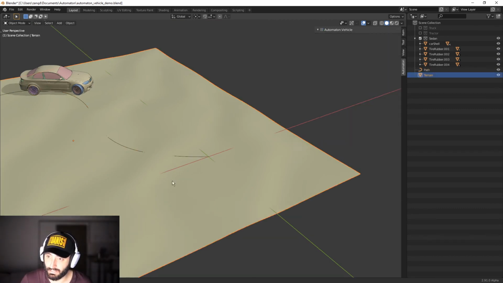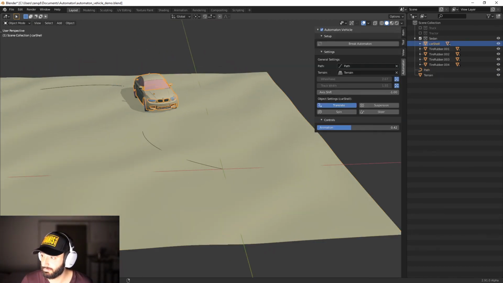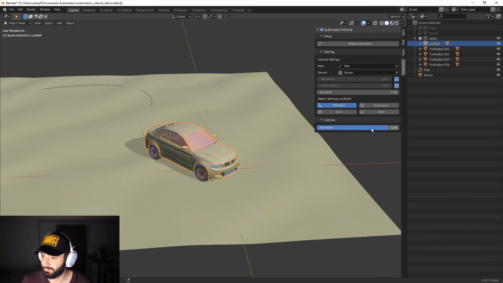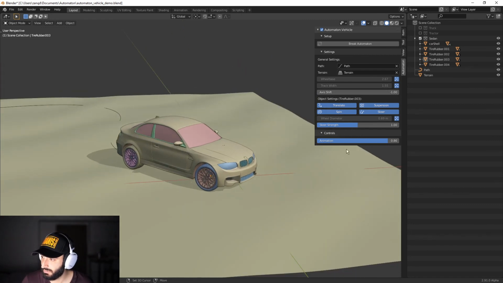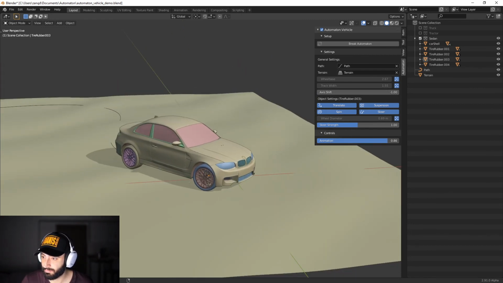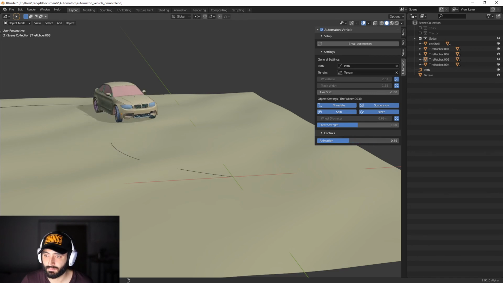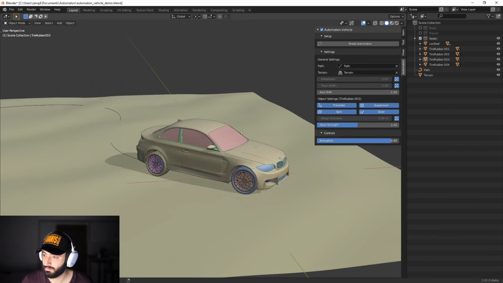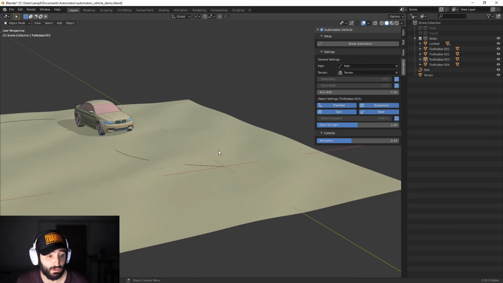Let me unhide my terrain. And this is looking beautiful. So I hope that helps